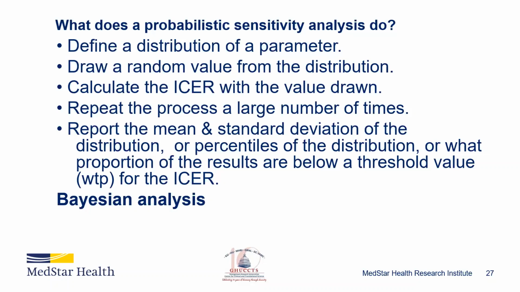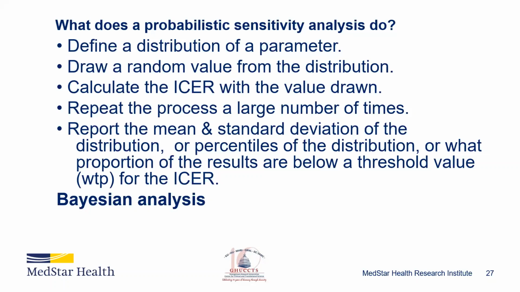And then we calculate the ICER with the particular values drawn. We do that a large number of times. And then we can look at the distribution of what the plot of ICERs would look like,